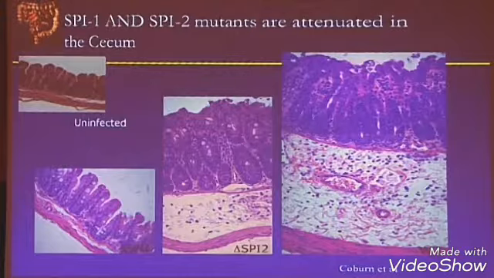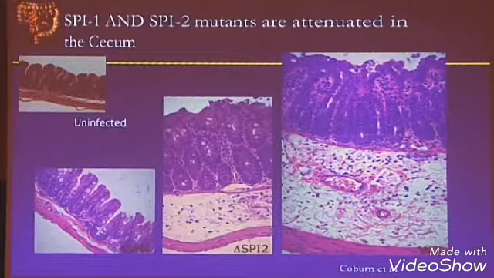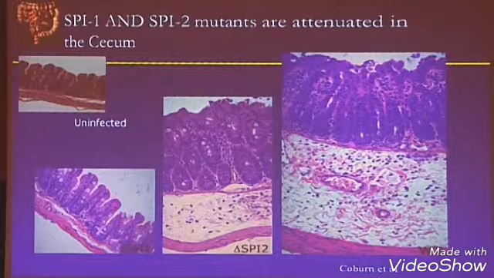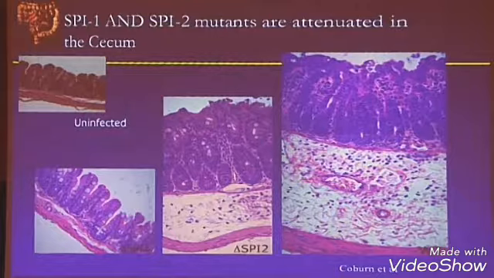Well, what he found, first of all, he confirmed that if you compare wild-type versus a SPI-1 mutant, so this has no SPI-1 type 3 secretion, you can see the wild type has severe disease, big swelling, fluid, infiltrate, etc. Compared to the SPI-1 mutant, this is what normal looks like. So basically it's attenuated. And that made sense. That's what the literature said. But what he noticed is that the SPI-2, this is not nearly as sick as the wild type.